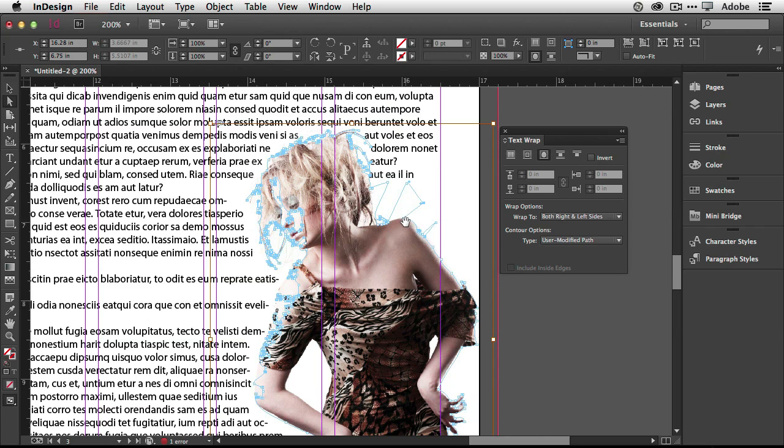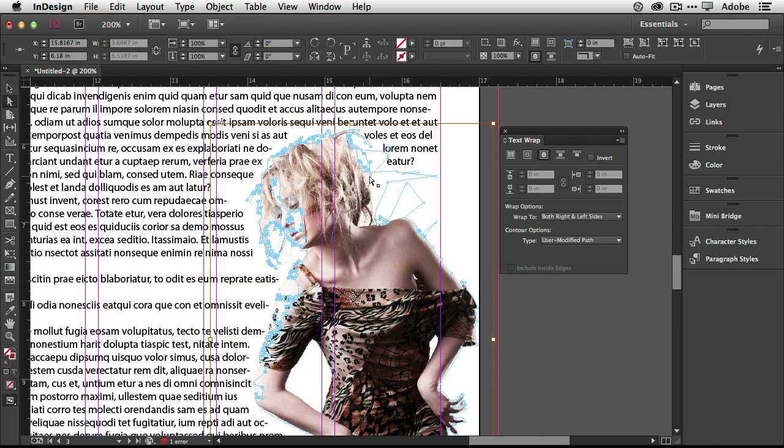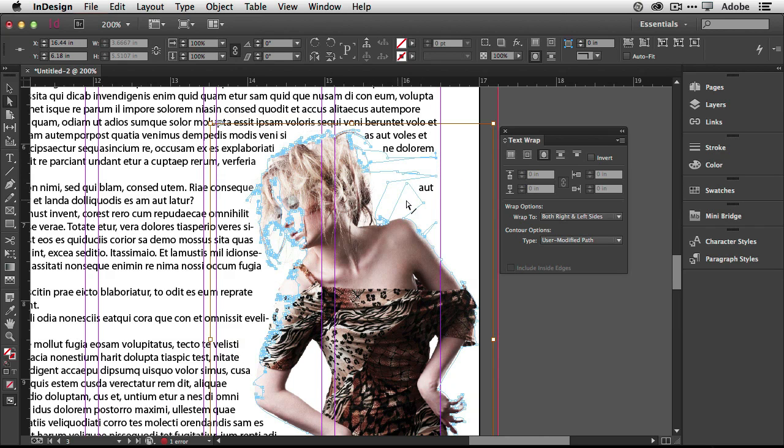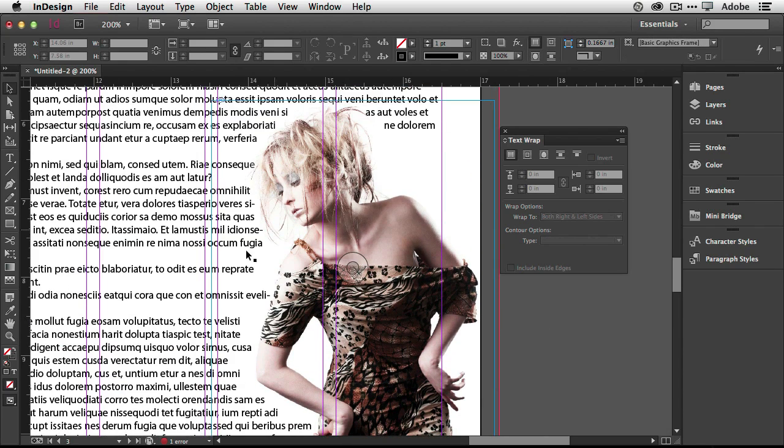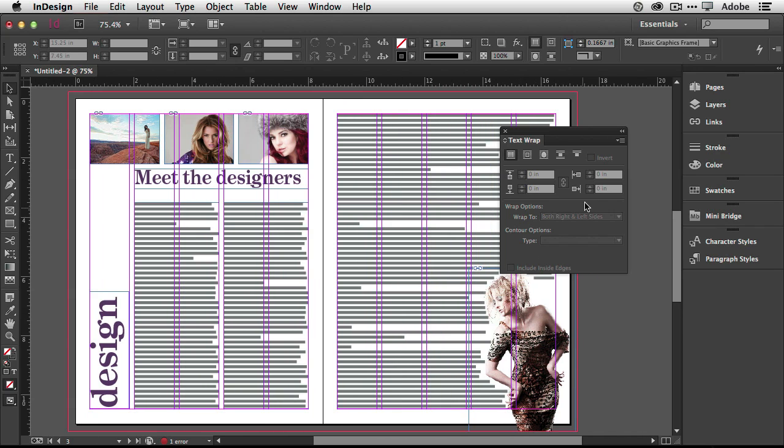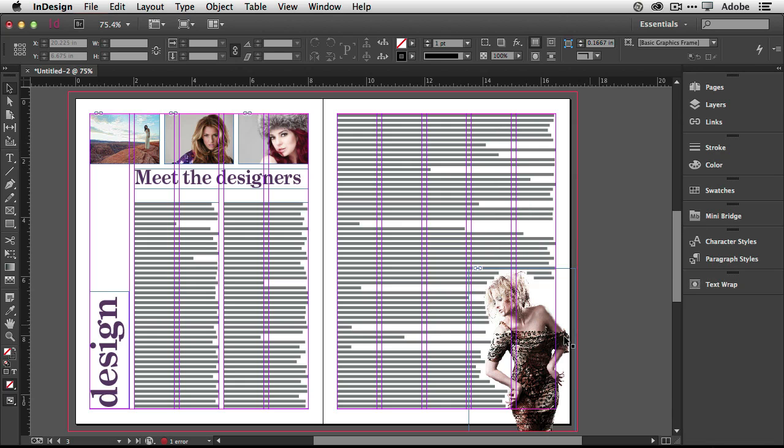So I can adjust where the text will stop, where the text will wrap, based on pulling out this path that it created automatically around her. And if I keep pulling it out far enough, we'll tell it that the text cannot go in this area behind her. So again, if I keep pulling this out, there we go. There's one more that snuck down here. Let's get that one out of here too. There we go. So now we've got our text around her, but not coming in to interfere with her to the point where it would make it hard to read. Okay, great. Now, of course, like I said, that's going to create more of a text overset problem